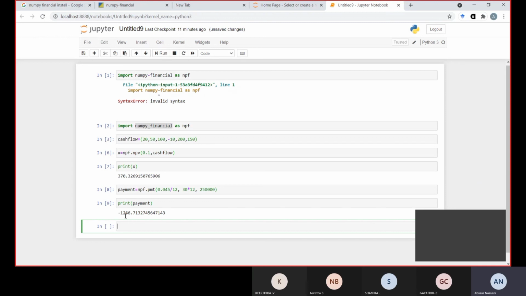You just need to install the numpy_financial package through the command prompt, then import it into the Jupyter notebook, provide the cash flow or whatever data you have to work on, and then use the formula you need. As in the given case, we computed the net present value as well as the PMT. So these are the things you can do with numpy_financial. There are many more things; this is just an introduction. In later classes and lectures, we will find out more things we can do with numpy_financial.